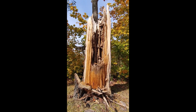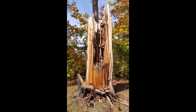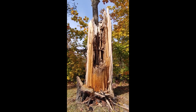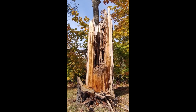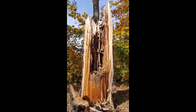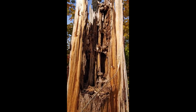Another short stop. This was a seemingly healthy, huge white pine tree. And then it fell over the railroad tracks. As we can see, it really was hollow inside. And as we get up closer, you can see that the cavity, that huge big cavity,